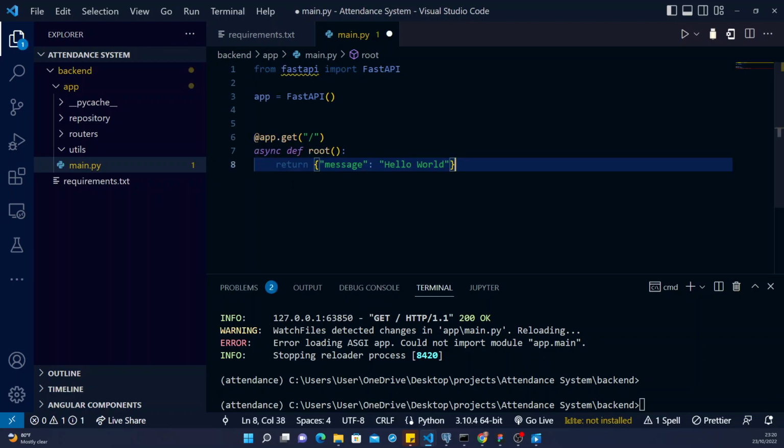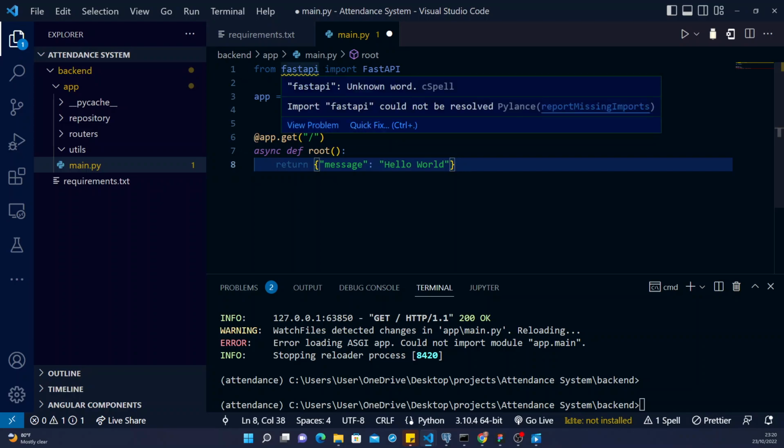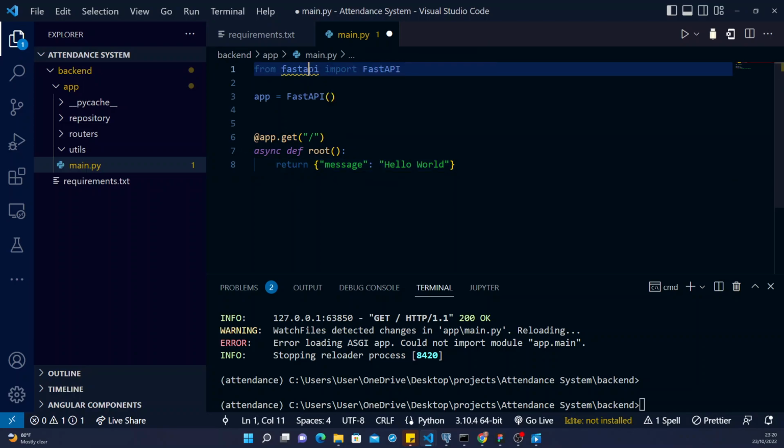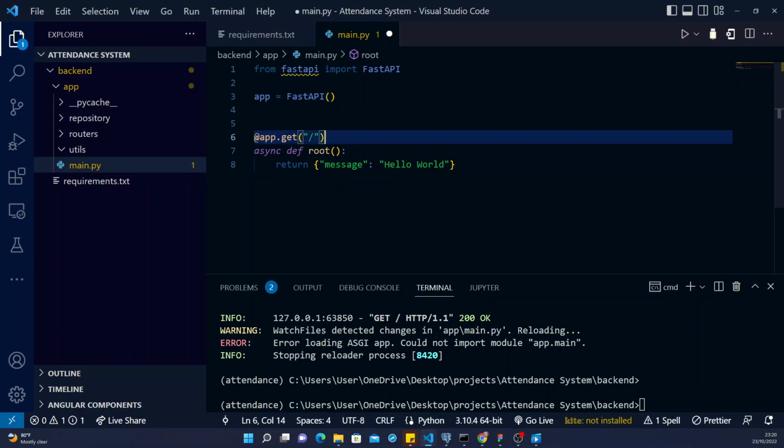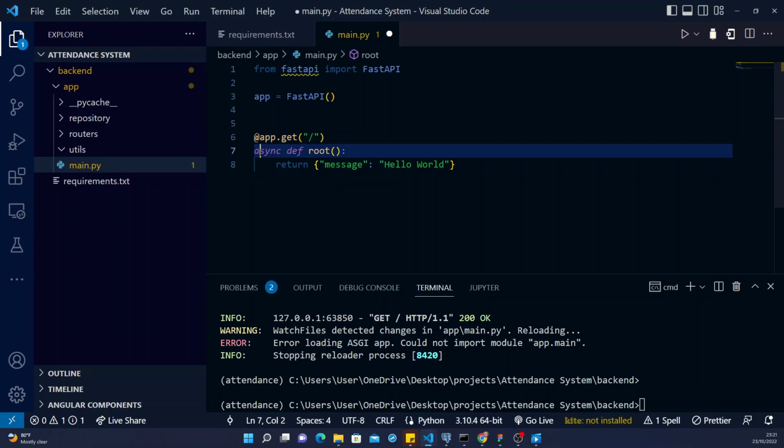So this is actually the hello world in FastAPI. To explain further, we need to import FastAPI from fastapi, and we need to initialize it to our app here in line 3. Then we can call the HTTP method and then define our path, which is a string on it. Then under our path, we can define any function to do anything we want it to do. So in this function, we are declaring an async function just to return a hello world message to the user when the